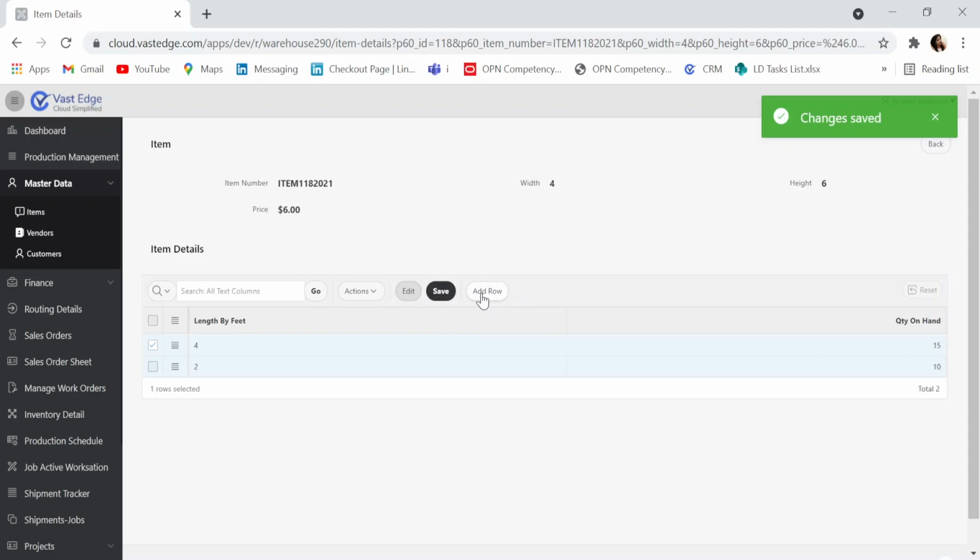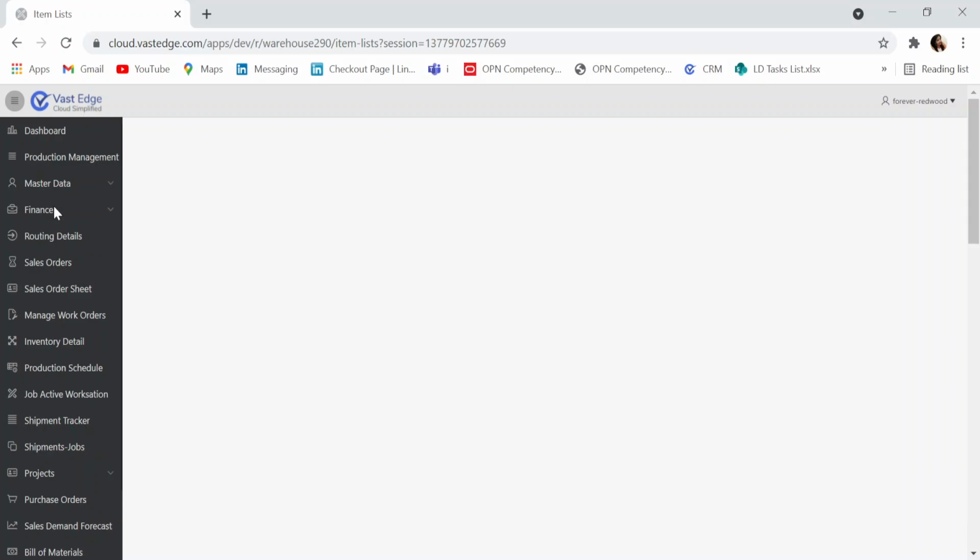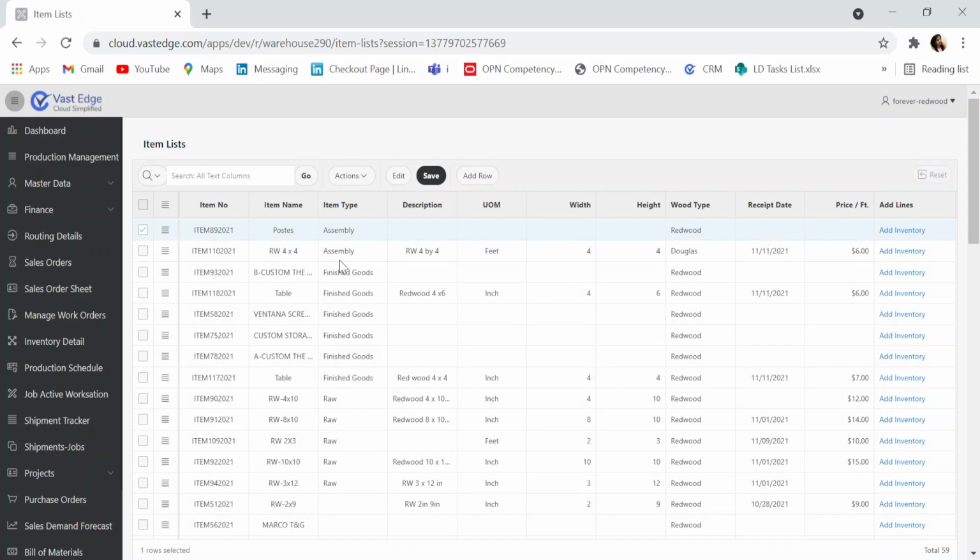So by this add row option, we can save n number of lengths for that particular product. After creating this, as you can see in the items menu, the table item has been created with the particular descriptions that you had already provided.